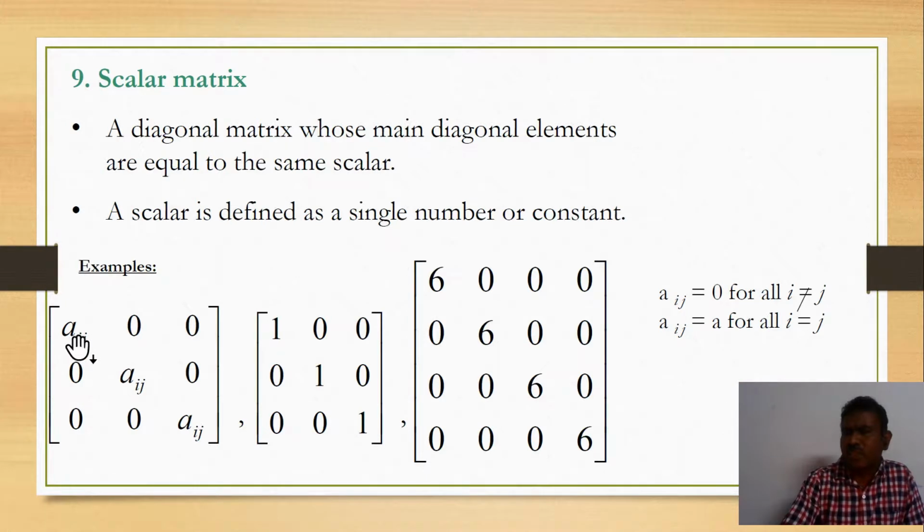So we can write like this, students. Other than the diagonal, automatically the non-diagonal elements are all 0. And in the principal diagonal, whatever the elements are, all are the same. So 1, 1, here. The same thing you can see here also: 6, 6, 6. So all are equal, students. We can define it this way.